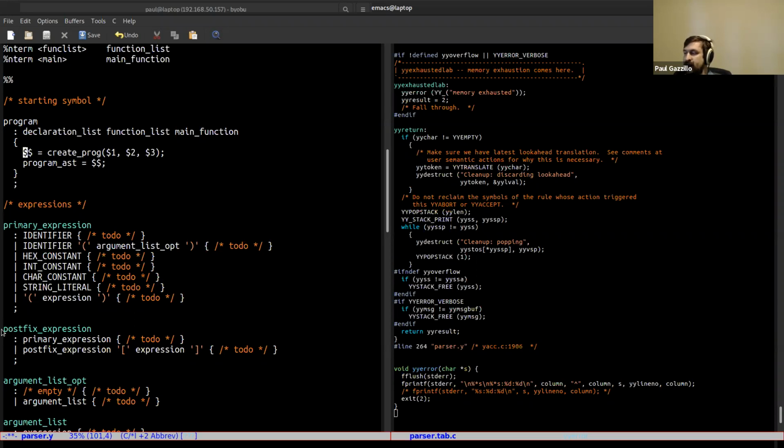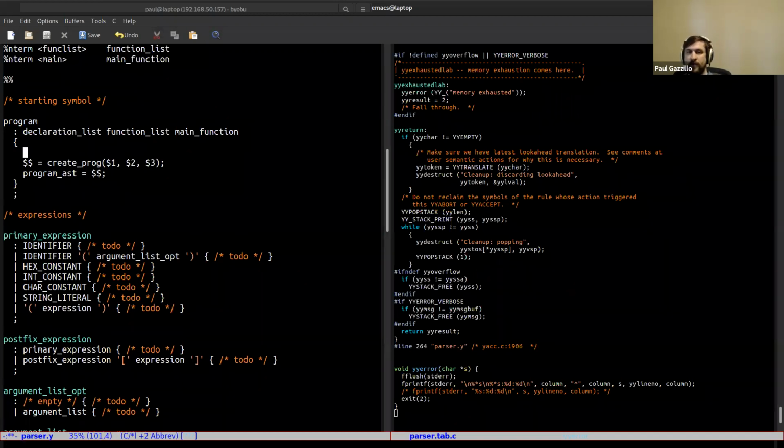In order to actually make use of these AST nodes, we can use dollar sign and a number, like $1, to reference the semantic value of each grammar construct in the production rule. Let me illustrate that with an example. This says, construct a new AST node for the prog AST node, and its child nodes are these 3 semantic values. So to make this a little more explicit, I can say,